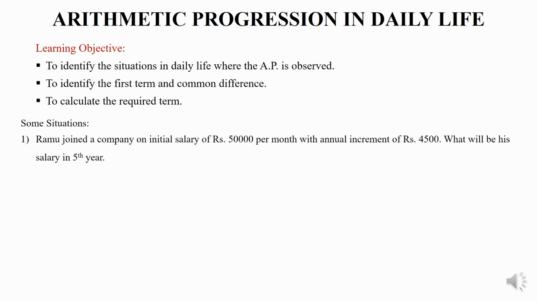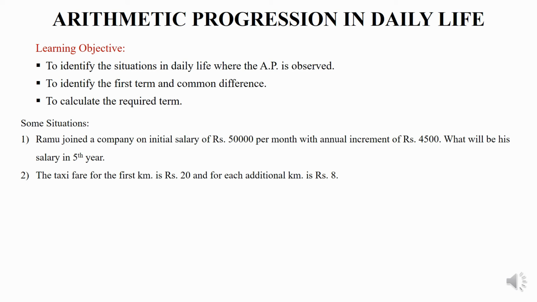Let us go for one more question, the second question. The taxi fare for the first kilometer is 20 rupees and for each additional kilometer is 8 rupees. Let us discuss this situation. Generally we see that taxi drivers take a minimal charge of 10 rupees or 20 rupees, depending upon the distance. Here the taxi fare for the first kilometer is 20 rupees and the additional charge for each kilometer is 8 rupees.